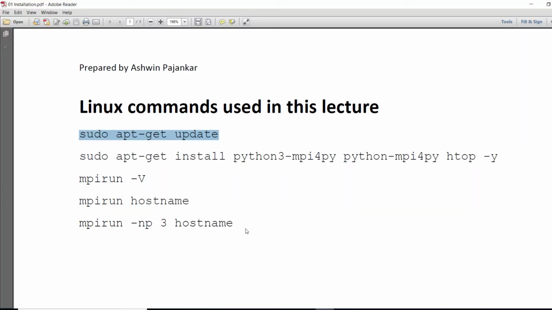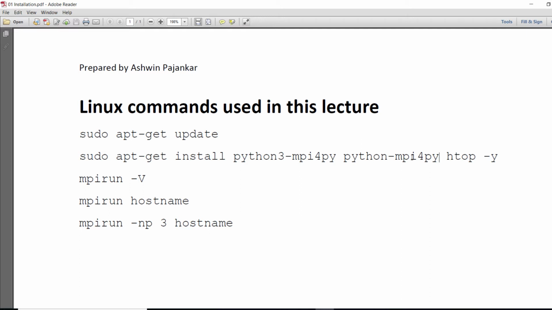So meanwhile, I can explain to you the second command. Here we are going to install MPI for Pi for Python 3 and Python 2. This is the package for Python 3 and this is the package for Python 2. And then we also have the htop command. Htop is a utility that is going to show us the top running processes on the Raspberry Pi or Linux in general.